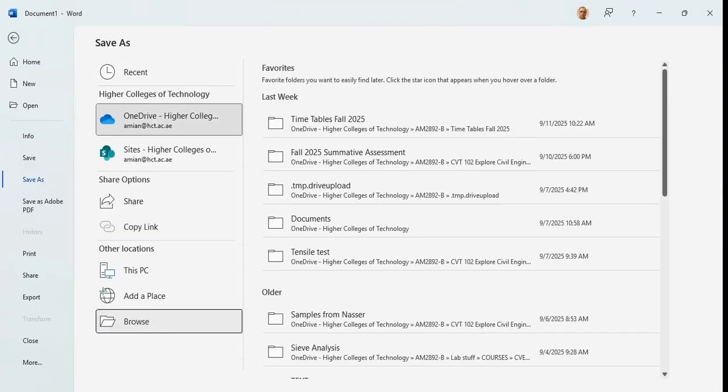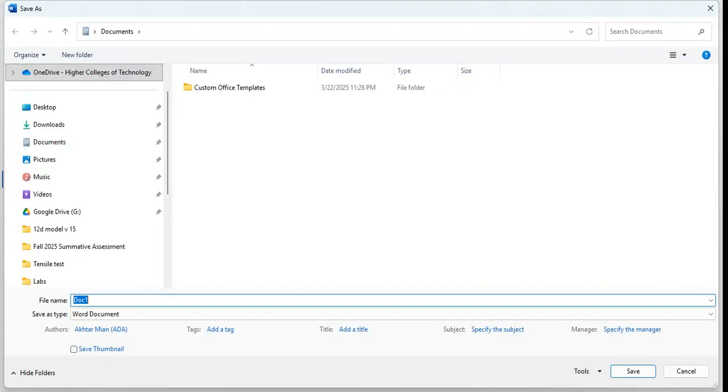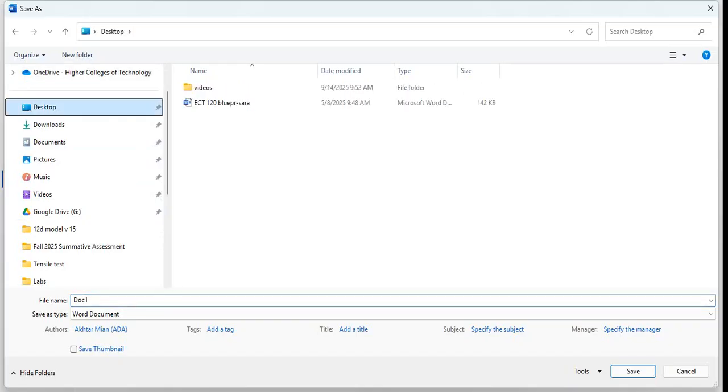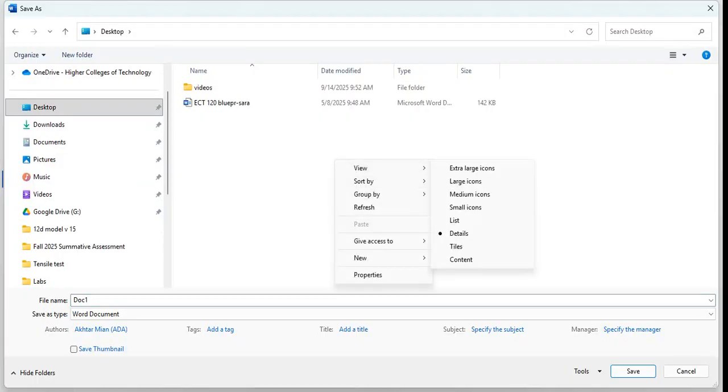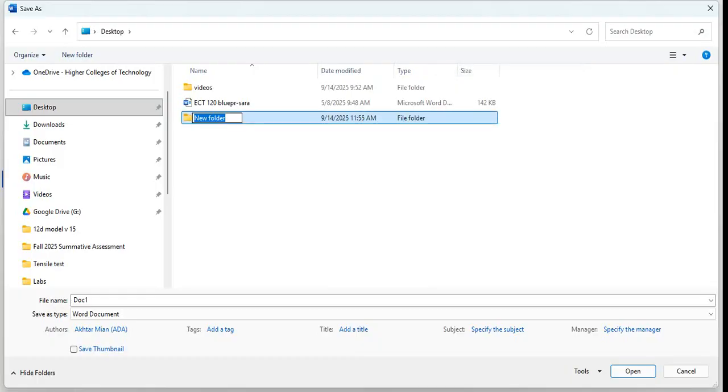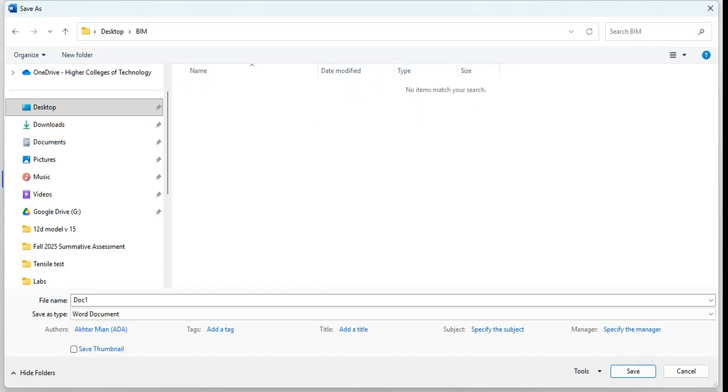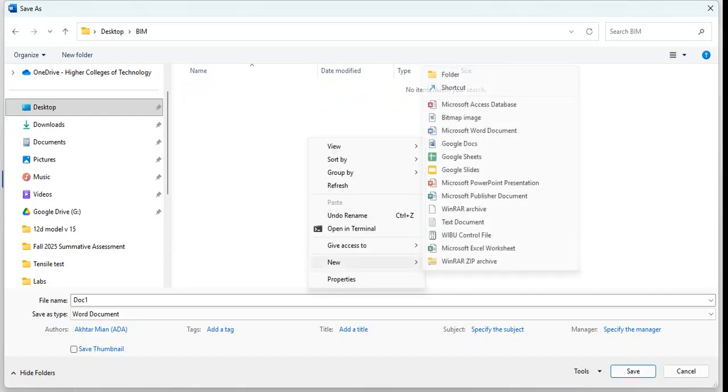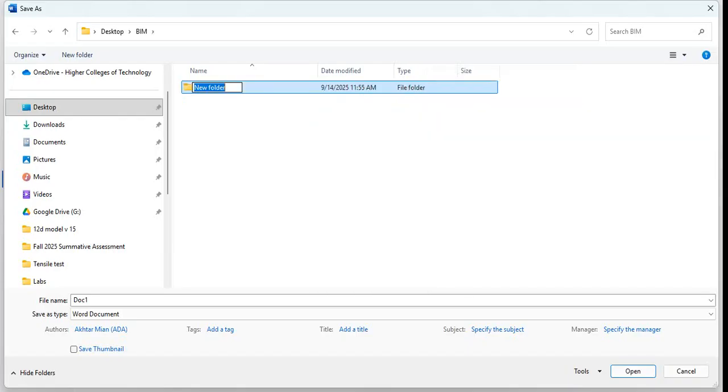Okay, browse, go to the desktop, create a new folder, go to new folder and name it as BIM, open it up, right click, new folder,